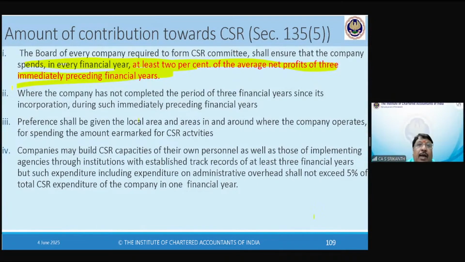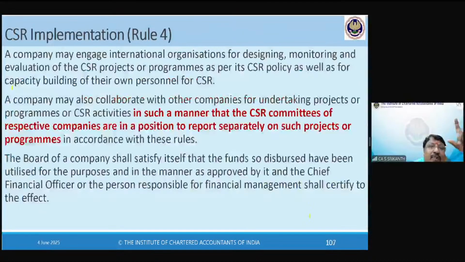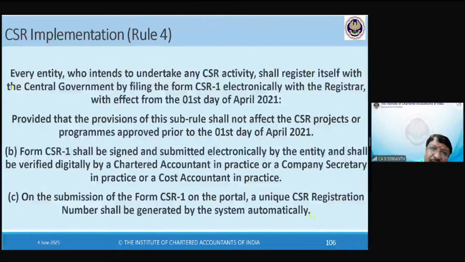As part of my Rotary Club, I am supporting one school here where children from economically weaker sections of society are studying. We are doing a lot of good. We built a toilet block, and for that we got CSR funds. We go to the company and tell them. If they have any CSR fund, they will route it through Rotary. We will give them the project and show them what we are doing. We will contribute, and they will also contribute, and that becomes a project for their CSR. So this is 2% of the average net profits of the immediately preceding 3 financial years.